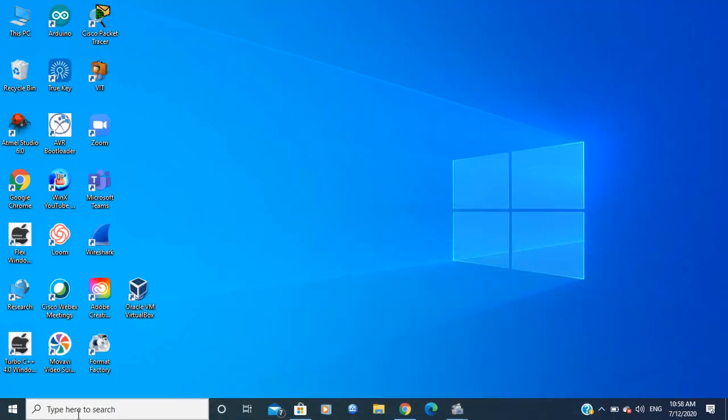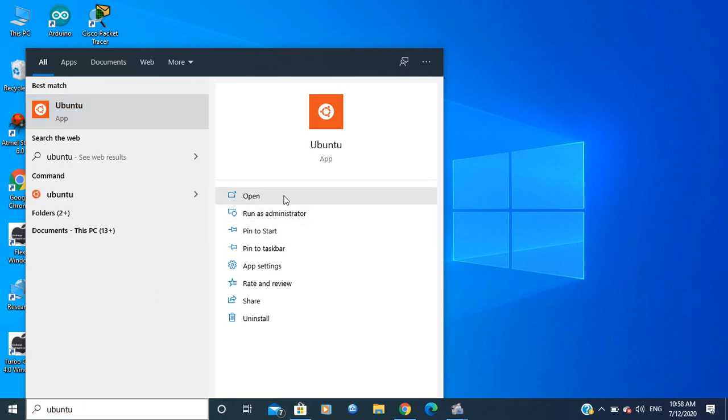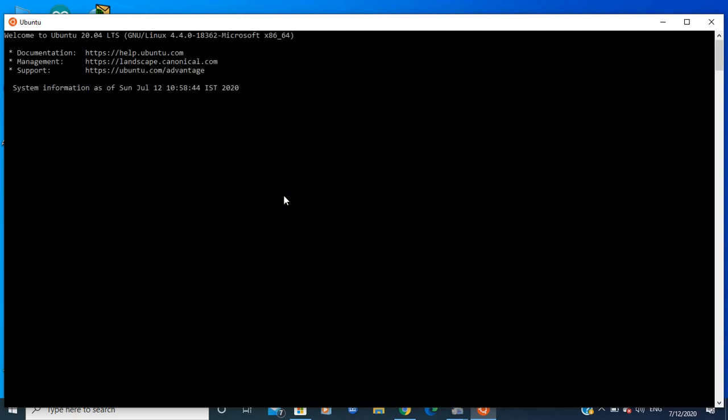After installation of Ubuntu and Xming, you can easily access this Ubuntu environment from here. You can access this app. For the first time you have to enter your username and password. That's it. The rest is going to be a simple sequence of steps.